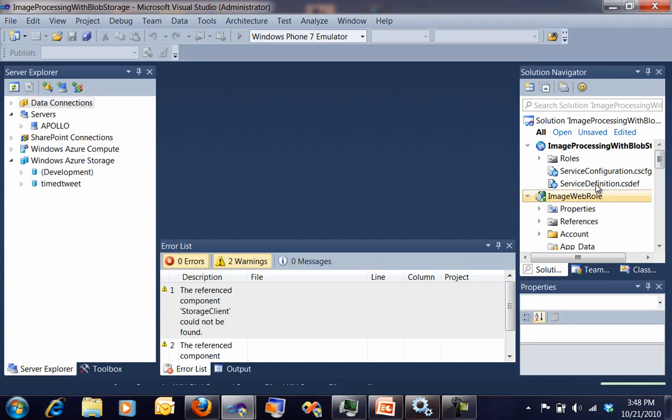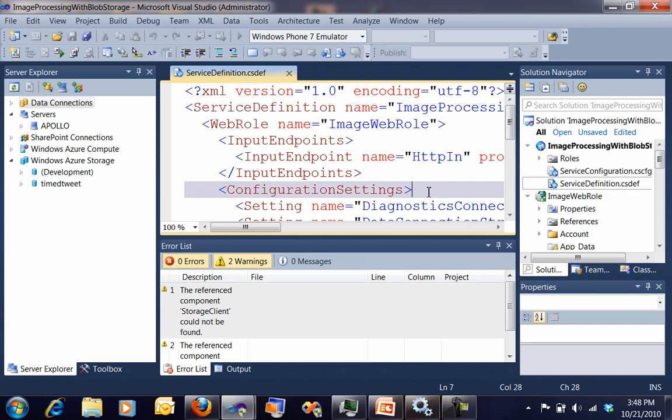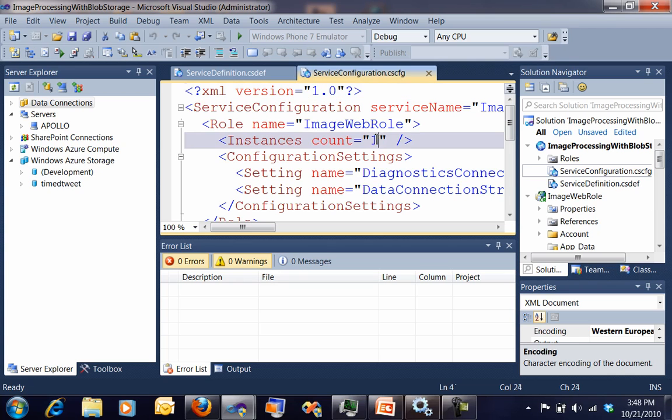So I can go into my CSDef. Oh, I need to be over here instead. I always get the wrong one. So I can set up a whole bunch of instances to run. Now, when I do that,